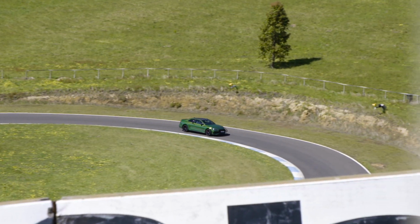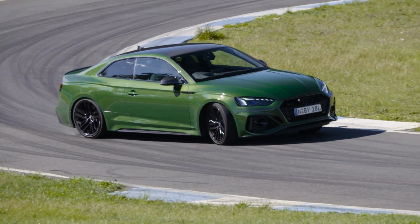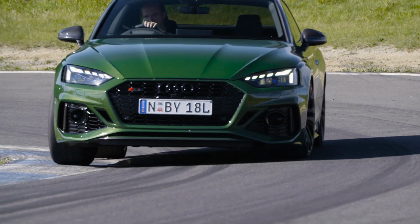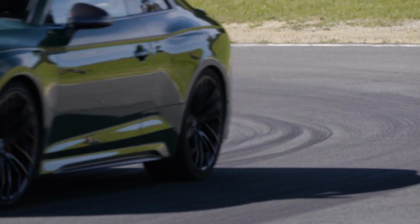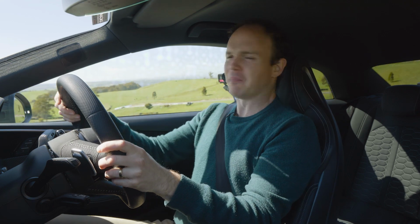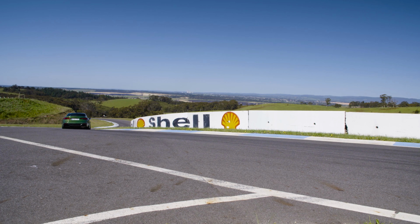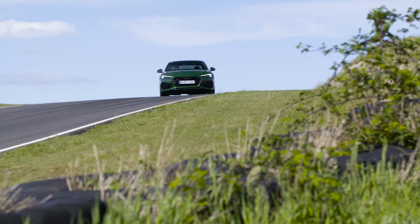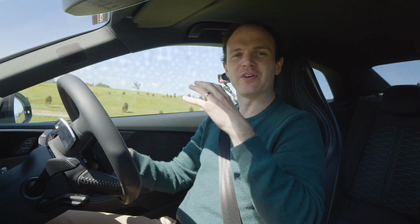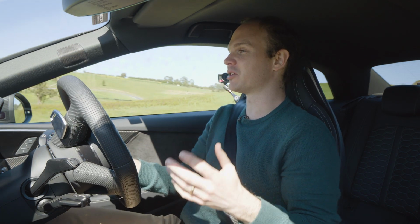So Audis have a bit of a reputation on track as being pushy and understeery and a bit dull, whereas that is not the case with the RS5. Partly because Audi's figured out how to do all-wheel drive now. That might sound strange because they've been doing all-wheel drive for about 40 years, but old systems, Haldex-based systems, would feed too much power to the front and you'd sort of get pulled out of a corner, whereas this system is